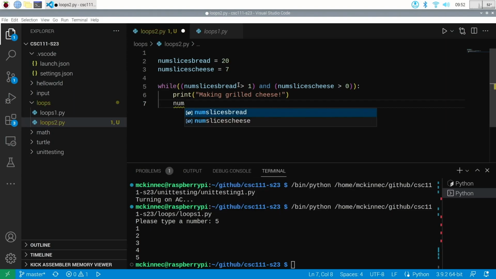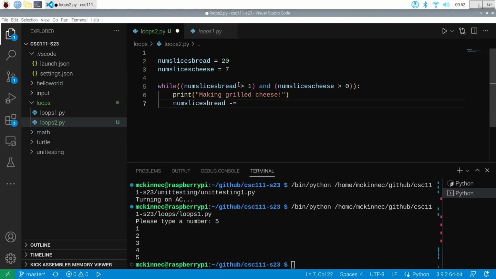Yeah, I've taken two. I need to subtract 2 from the number of slices of bread and subtract 1 from the number of slices of cheese, okay? And I've typed it this way just to show you another way that you can do it. The default that you would have guessed is num slices bread equals num slices bread minus 2, okay? This is equivalent,